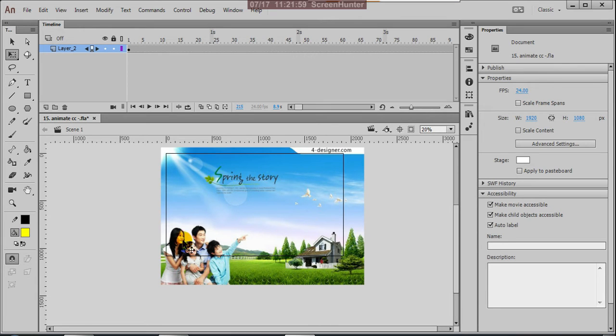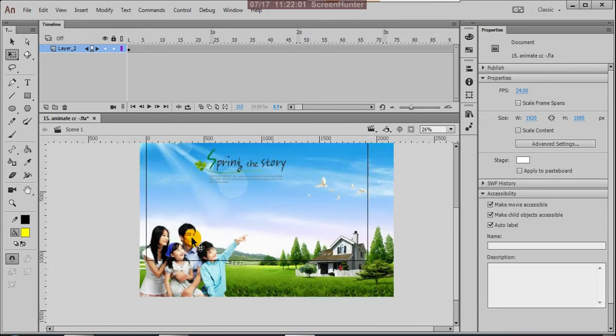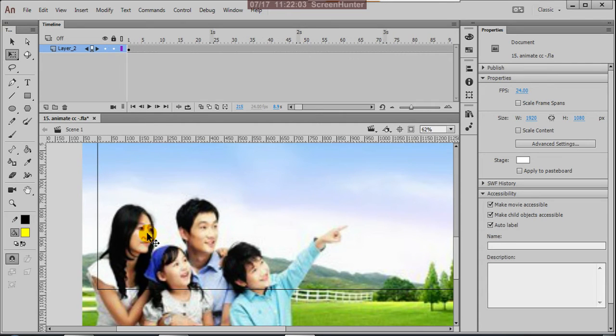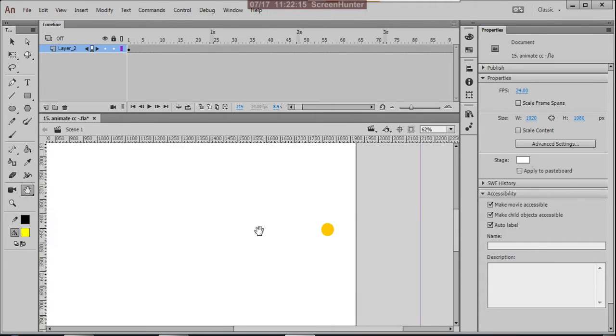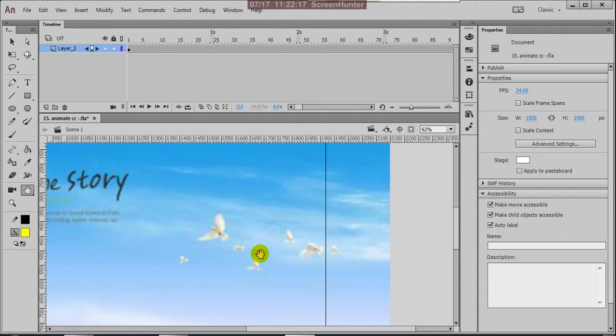Suppose first I'll place the camera here. The curiosity can improve. Suppose they're watching this side, he is showing this side, so people will understand something is there. Then slowly we show these birds flying in the sky.